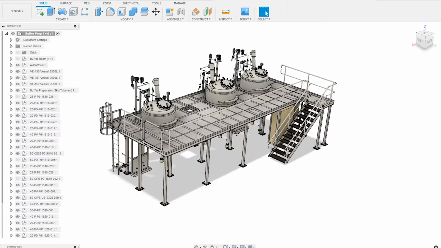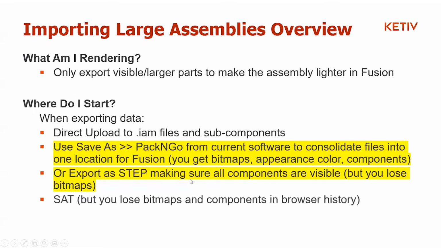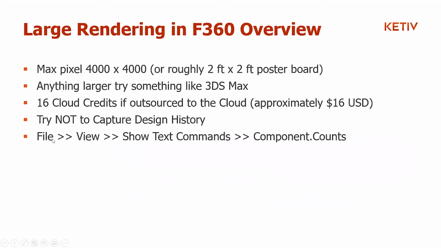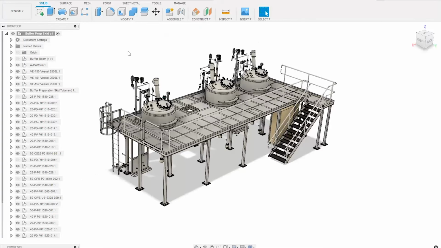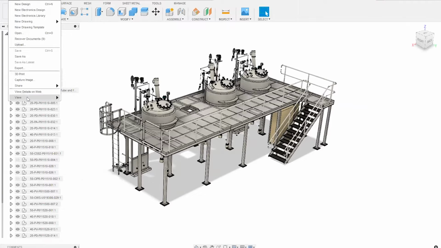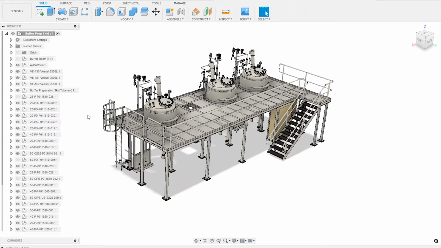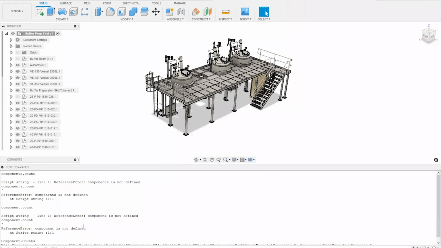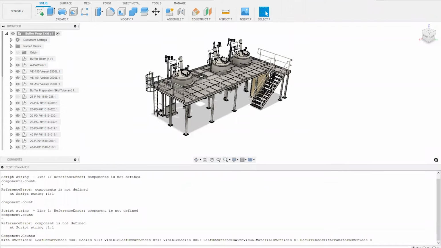And let me pull up the PowerPoint. SAT is next here. But there is a file view show text commands option, which gives you the ability to see the number of components in your Fusion. So if you go over here to file, view, show text command, and this is something I newly learned. You have this little window down below here. And if you type in this box,